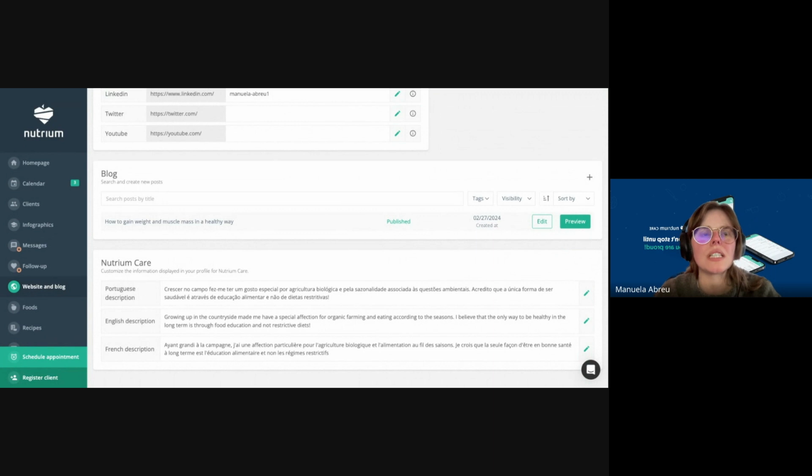So this will adapt to the languages that you have told us that you are comfortable in providing appointments with. So, for example, when we talked with Lorian, we noticed that you are fluent in Spanish and in English. So you will be able to provide an English description and a Spanish one. So patients that reach out and have the language preference of Spanish can see also this bio. So this is important because we are able to adapt it to the various languages that you are comfortable in